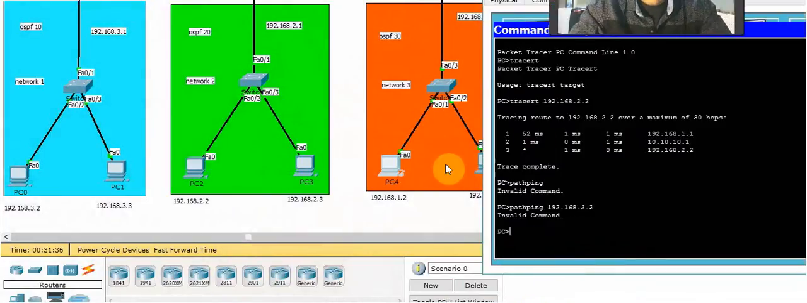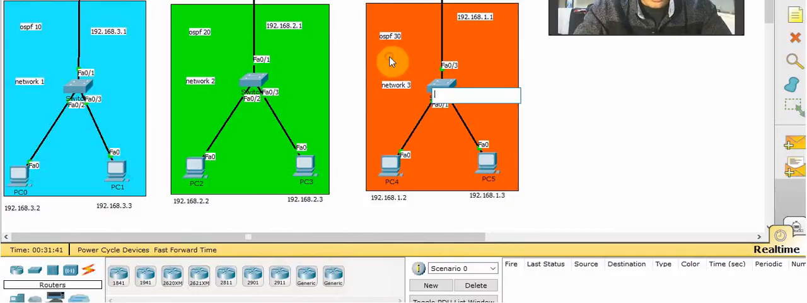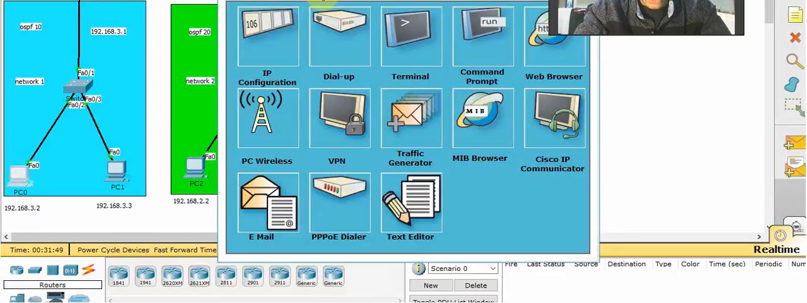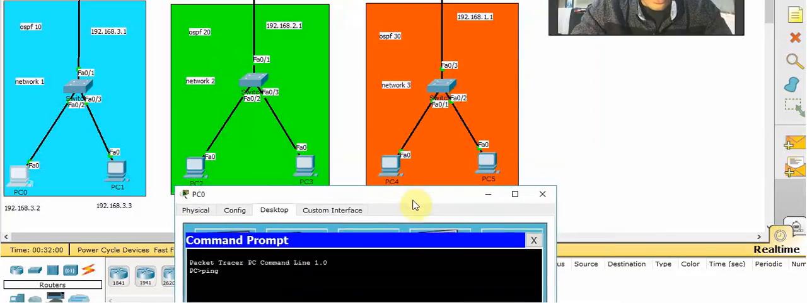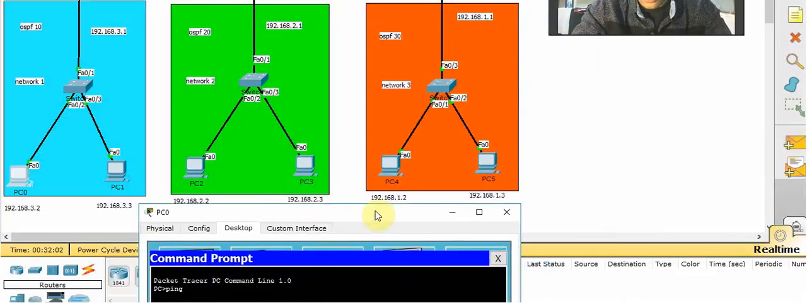Yeah, over here, as you can see, this is one network, and this is another network. I have shown network 1, network 2, network 3, and I'm going into the PC0 system desktop, which is similar to CMD, that is command prompt. Over here I'm going to type ping. I'm going to ping from PC0 to PC5, that is